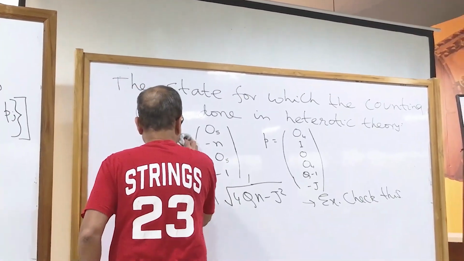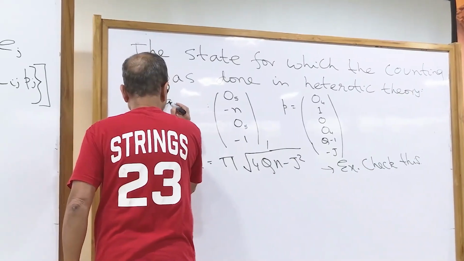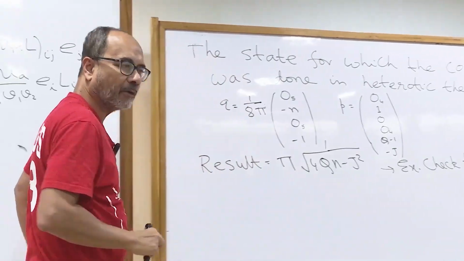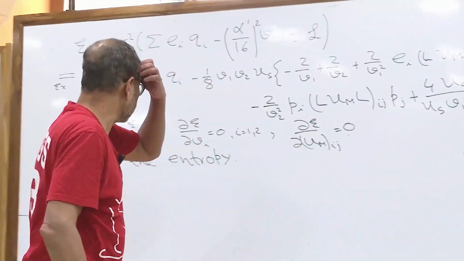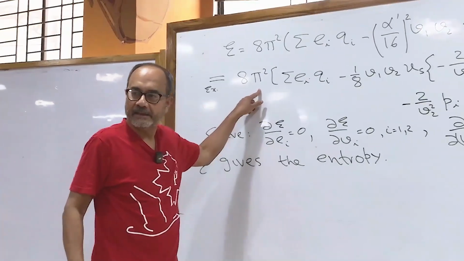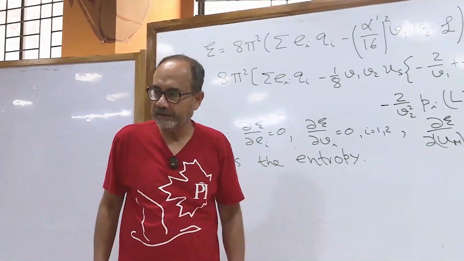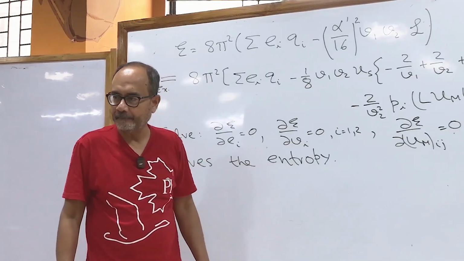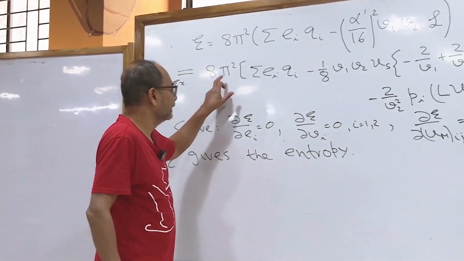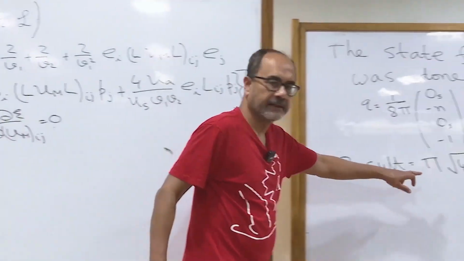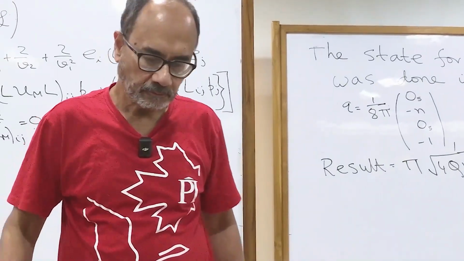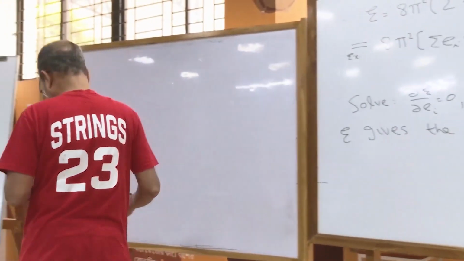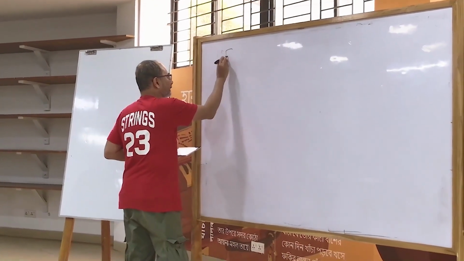I think I forgot a normalizing factor. Q is 1 over 8 pi. In fact, you should have probably caught me earlier, because you see there is an 8 pi square sitting here. If there is no pi in that formula, then by extremizing this you would have gotten something proportional to pi square. Because of this 1 over 8 pi in Q, this becomes a pi, which you see here. So for the type 2 black hole for which you did the counting,